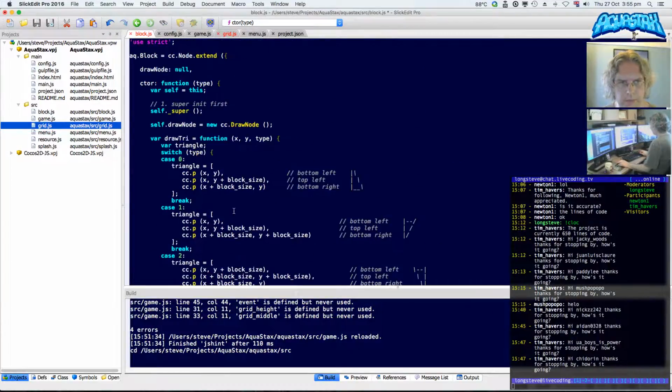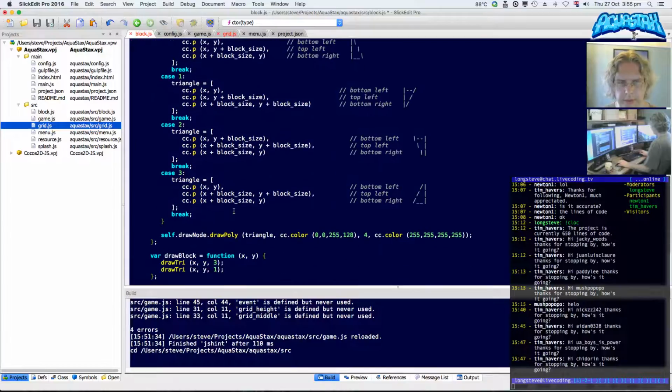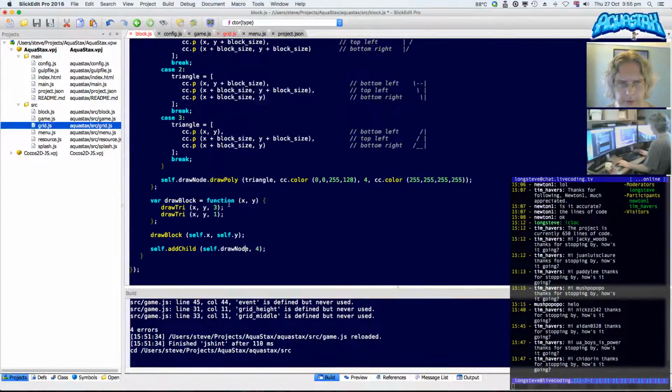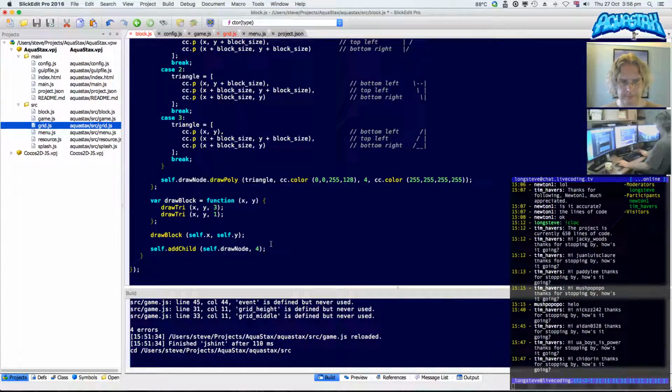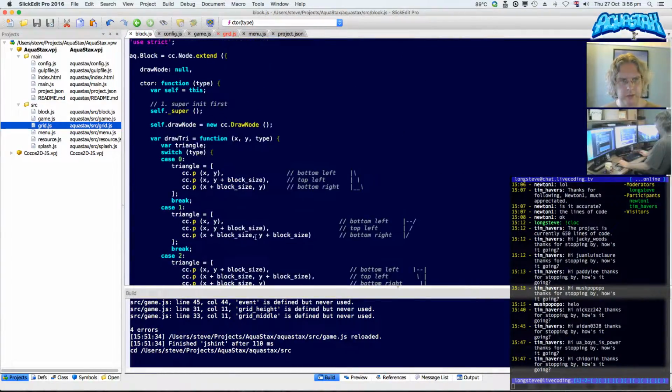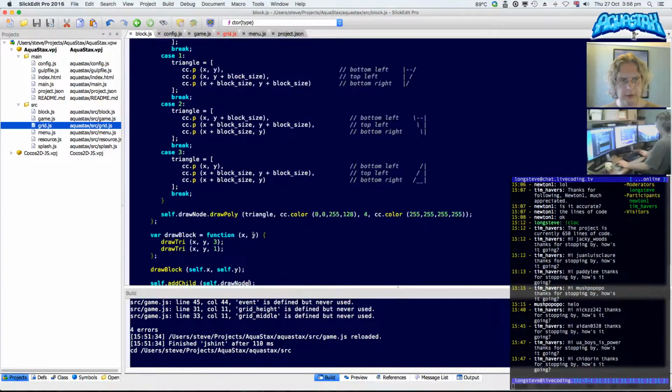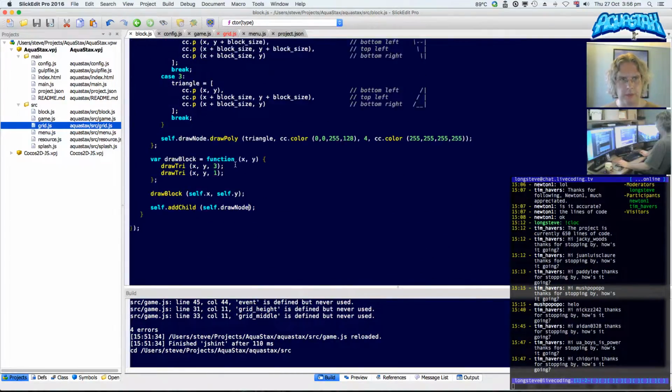Yeah, if I overrode draw node, then I wouldn't need to do this. I wouldn't need a separate draw node inside the block, but I'll leave it like this for now. Shouldn't need that because we're in a hierarchy. So that's basically when I create a block. At the moment, that's just going to create a square block, but